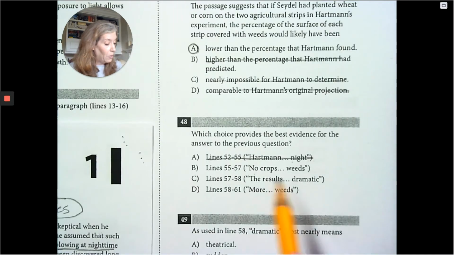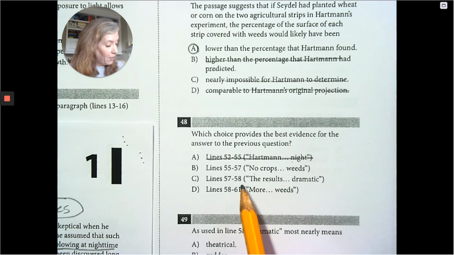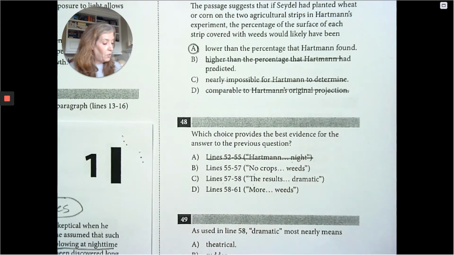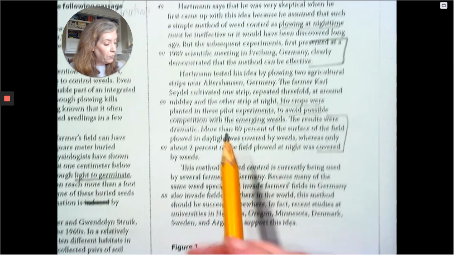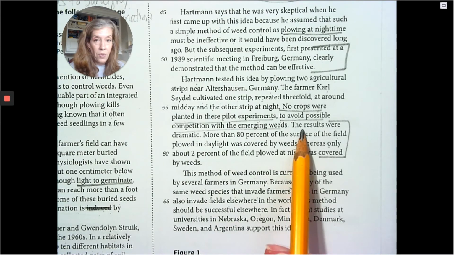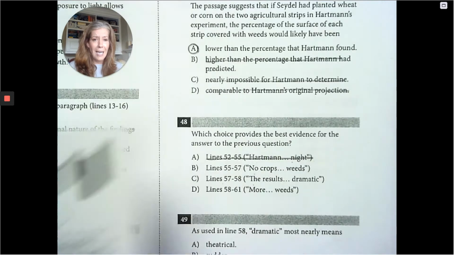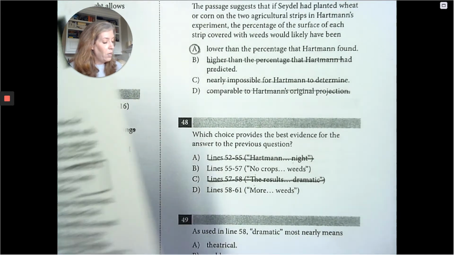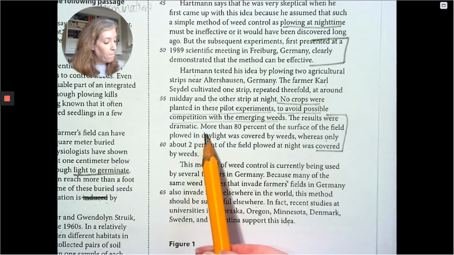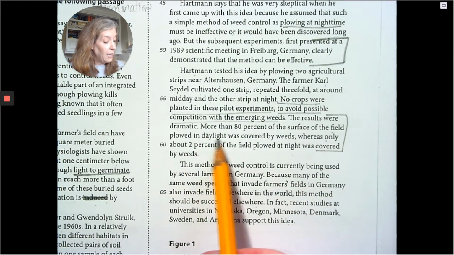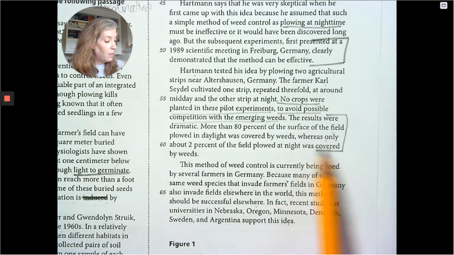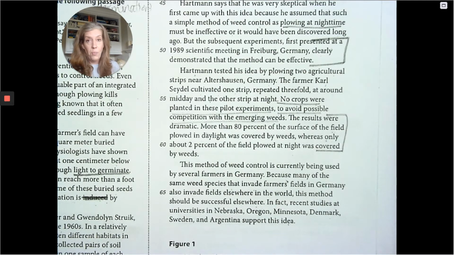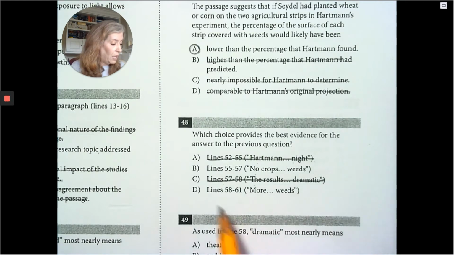There's our answer, but just to be sure, in case you don't believe me, line 57 to 58, the results were dramatic. It doesn't say anything to answer it, so we have to get rid of that. And then line 58 to 61, more and weeds. More than 80% of the surface of the field plowed in daylight was covered by weeds, whereas only about, that's the research findings, was covered by weeds. It doesn't say what else was planted, and we've been looking for what else was planted. So,